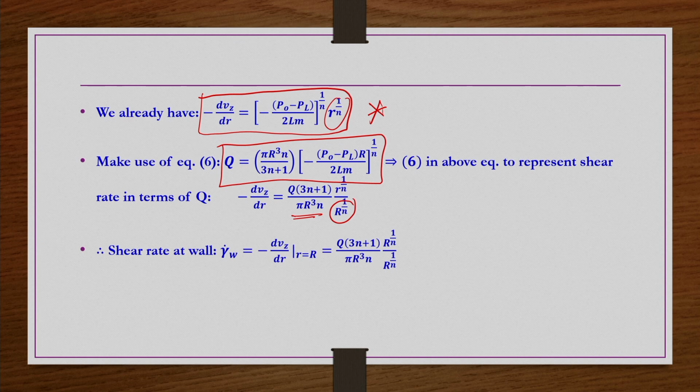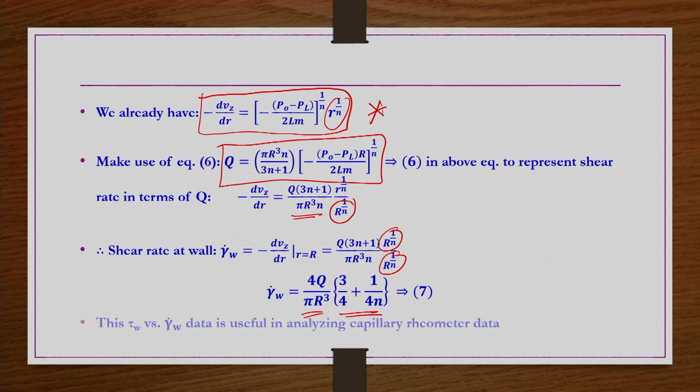So, at the wall if you wanted to know the shear rate, what you have to substitute? You have to substitute r equals capital R. So, then capital R power 1 by n divided by capital R power 1 by n you get. So, then both are same. So, you have wall shear rate is nothing but 3n plus 1 q by n pi r cube. So, then this equation what you do, you multiply by 4 and divide by 4, so that you can write 4 q by pi r cube multiplied by 3n plus 1 by 4n. This is how you can write the wall shear rate.